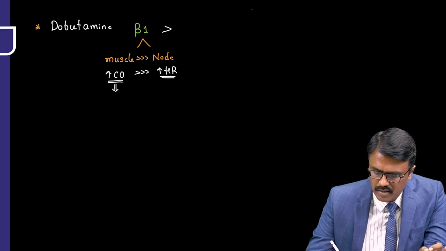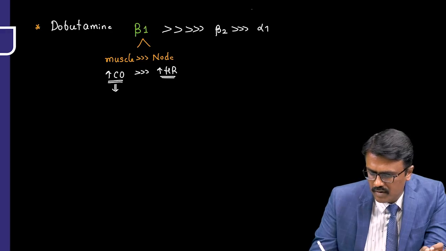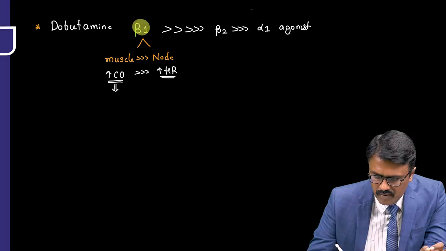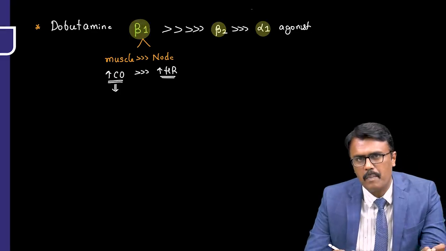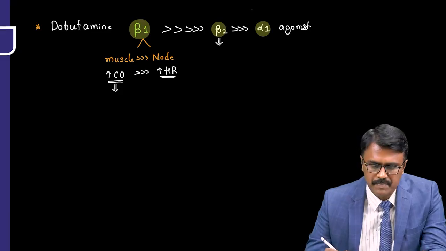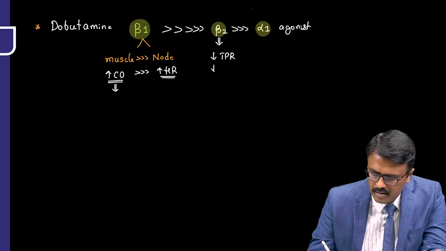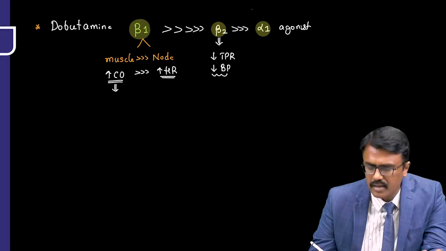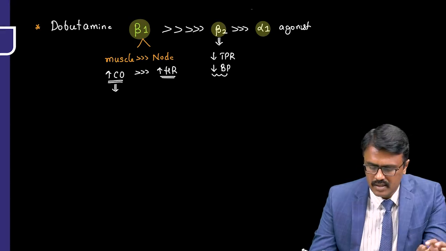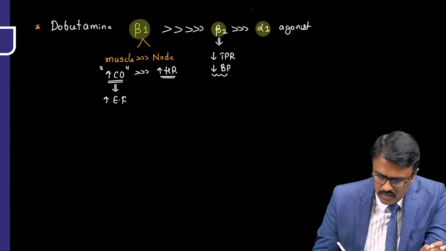Second important thing is the drug is also a beta 2 agonist and also an alpha 1 agonist. So for all this it's an agonist. But remember, major action is on beta 1, then minor on beta 2 and alpha 1. So since it's a mild alpha and beta 2 agonist, the drug is known to decrease total peripheral resistance and decrease the blood pressure. So suppose a patient is in shock and the BP is low, we cannot give it. Since it is increasing the cardiac output, it can increase the ejection fraction. So the drug is used in